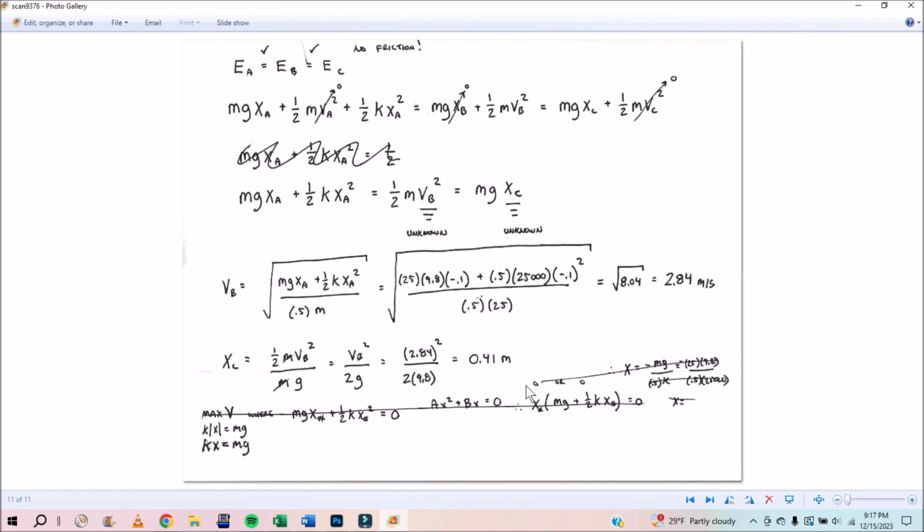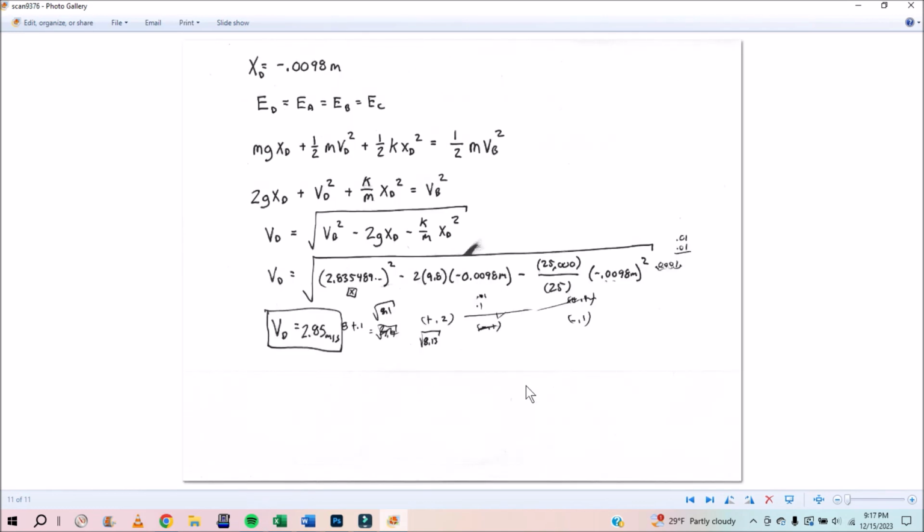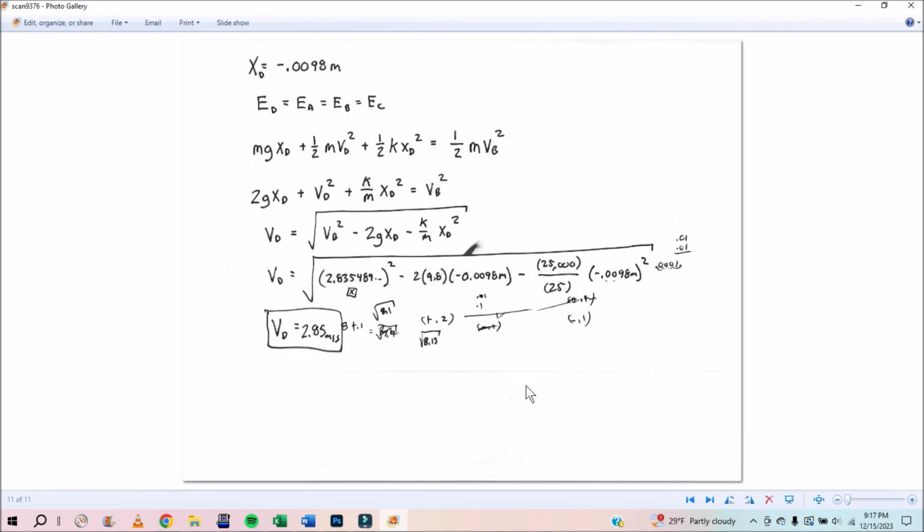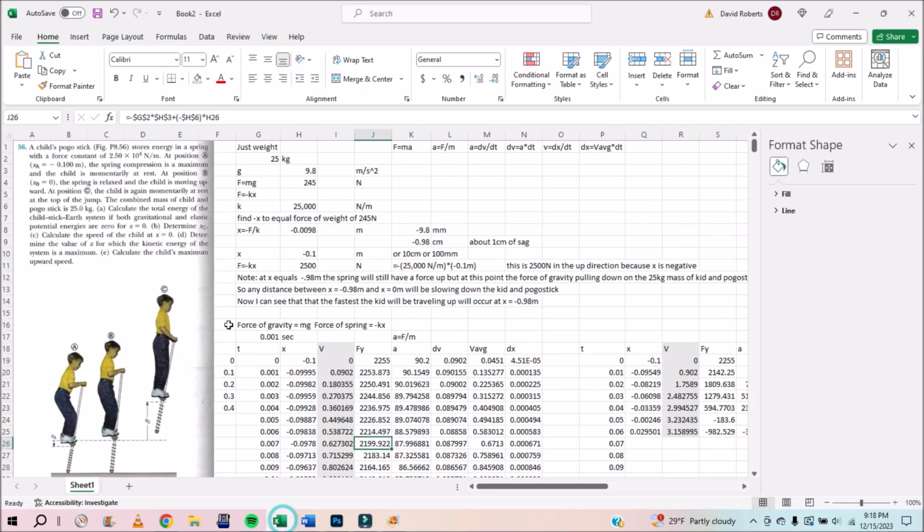Okay, and I think the trickiest thing though is to actually figure out, well, this was the max velocity. You know what I mean? So, using the energy equation, we just have a new point. That's the thing. If we go back to our, this was A, this was B, this was C. The only way, that's the part of the problem, is like, well, what's the fastest speed? You just had to figure out that